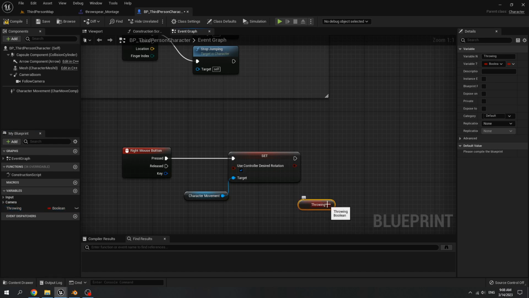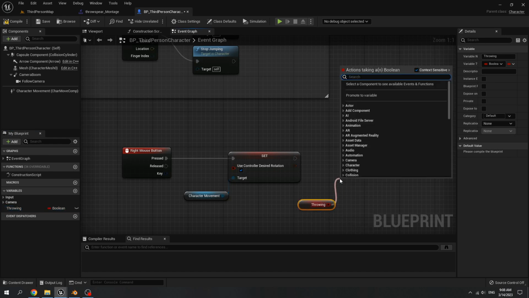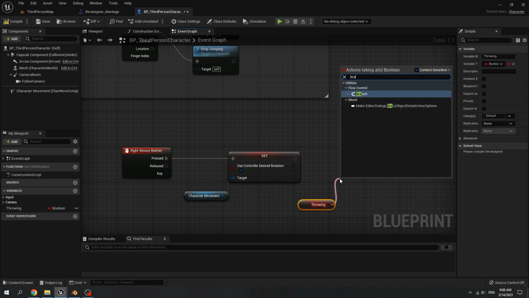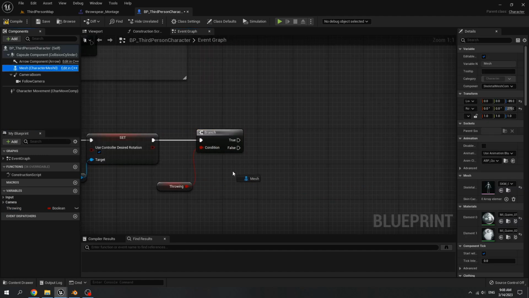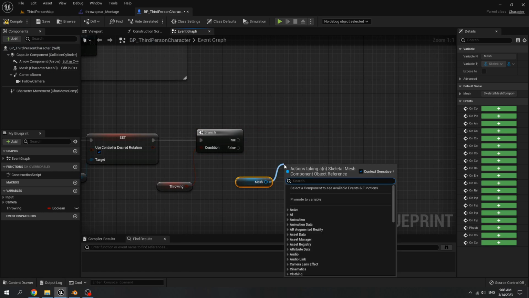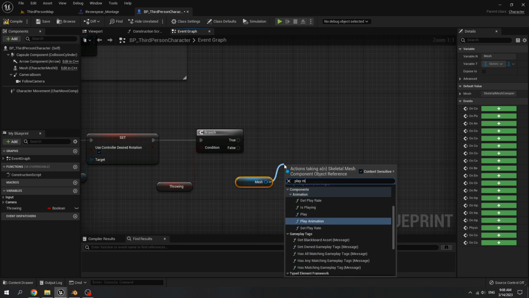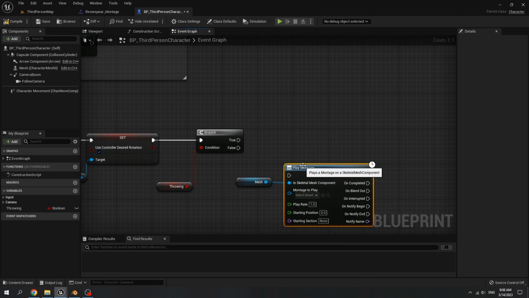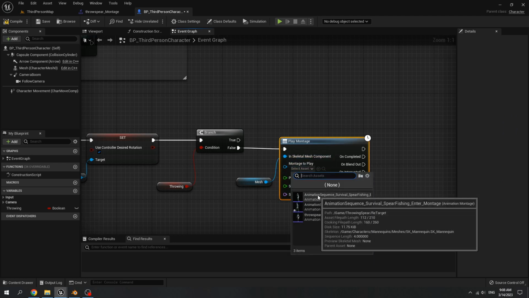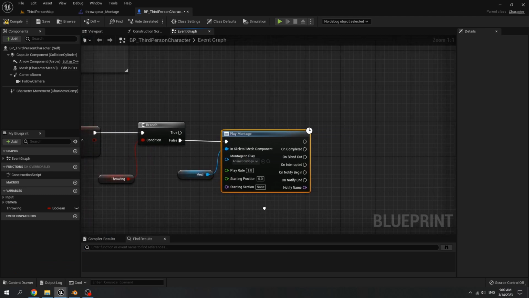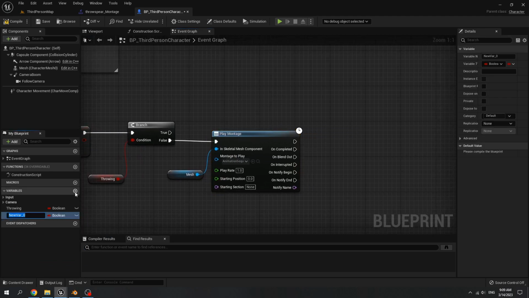Get throwing. Create a branch. If it is false, get mesh. Call play montage. Montage to play, select the enter animation. Then create a new variable.